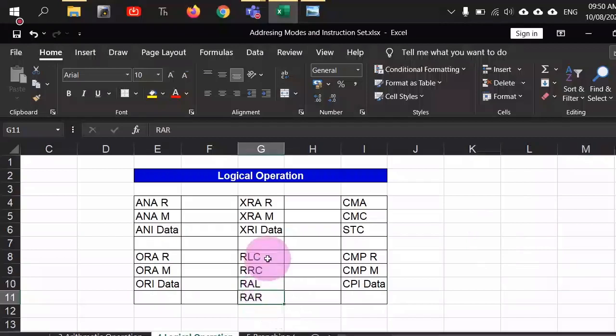However, if you are using RLC and RRC commands, the carry register is not involved in rotation. The rotation is still circular, and the carry register is used for copying the spilled over data from the MSB. So rotation is always circular in this, right? Understood? Okay. So now the important set of commands that is left here is the comparison set of commands,